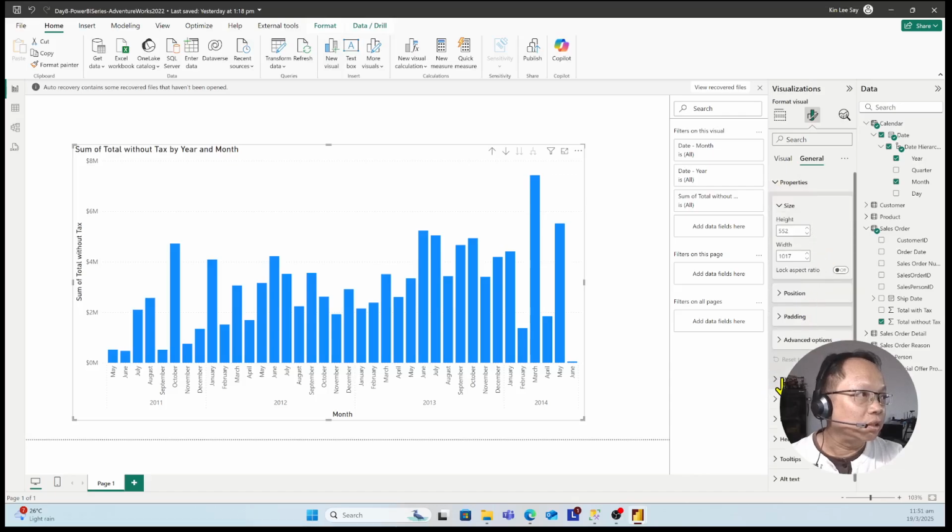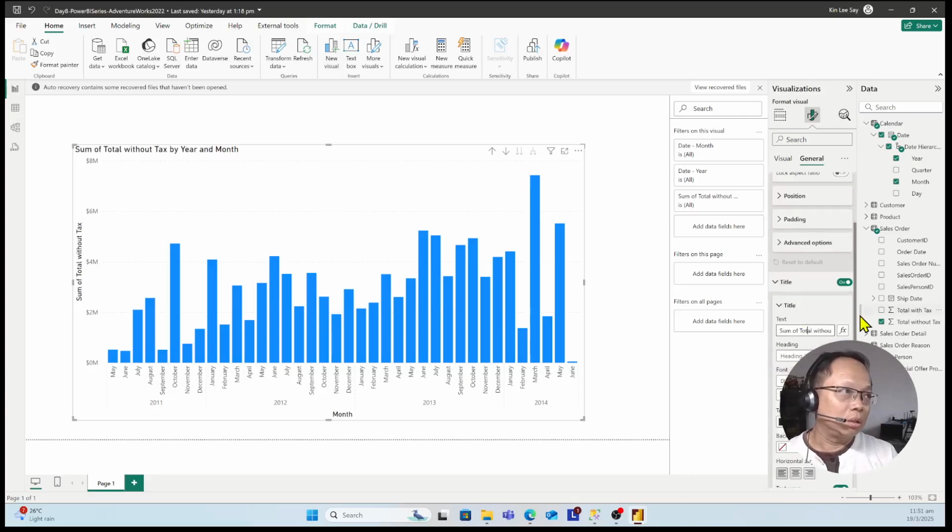Okay, I have the title, sum of total width. Let's do this: sales with text over